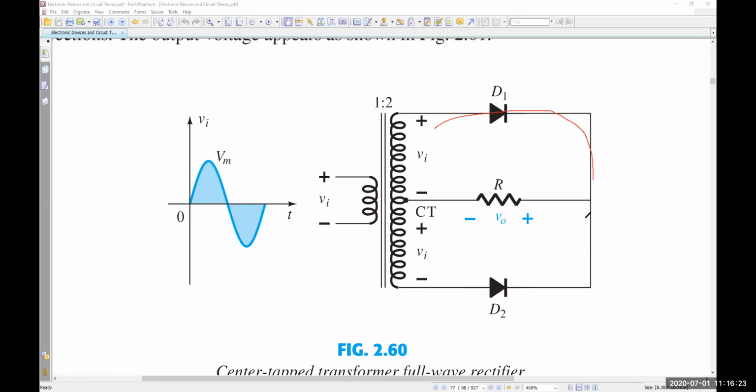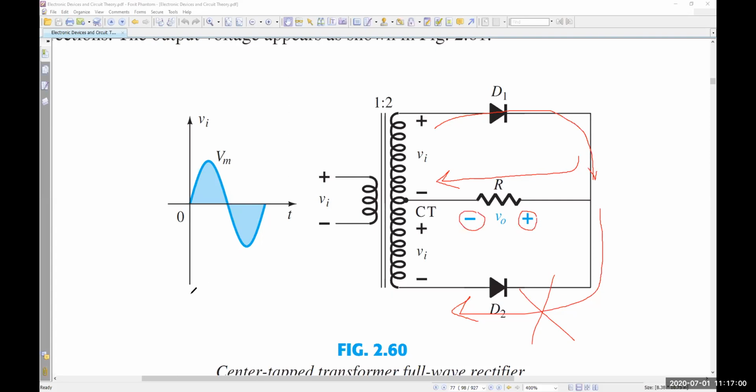Now, it cannot go this way. It cannot get back, right? Why not? Because there is a diode that is reverse biased, so current cannot go this way. This is not possible. So which way can current go? Through the resistor, exactly. Through the resistor to the transformer, right? So current will go in this way through the resistor to the transformer. See, current is entering the plus and leaving the minus.